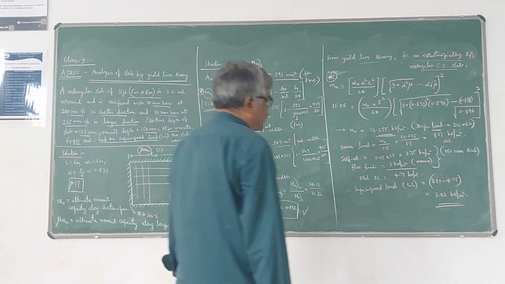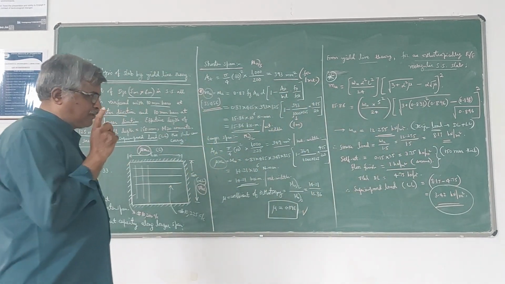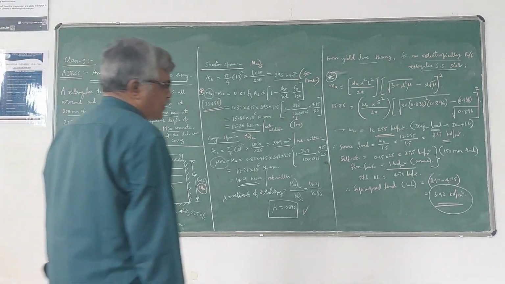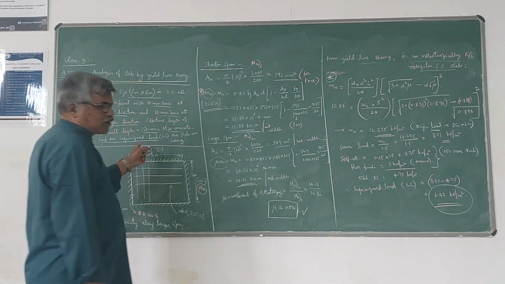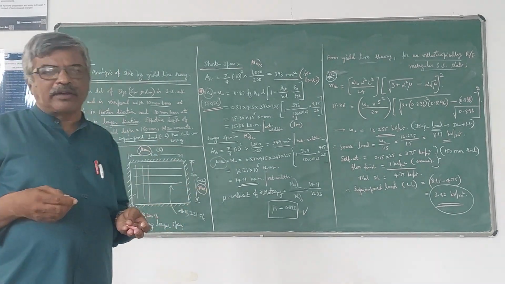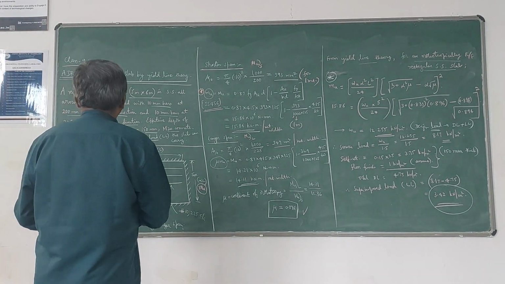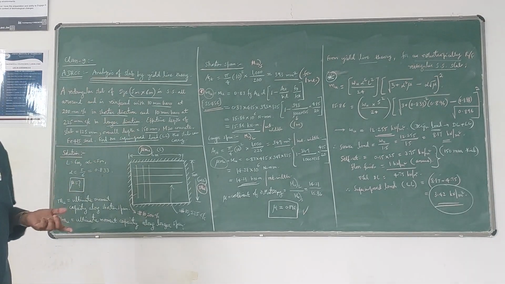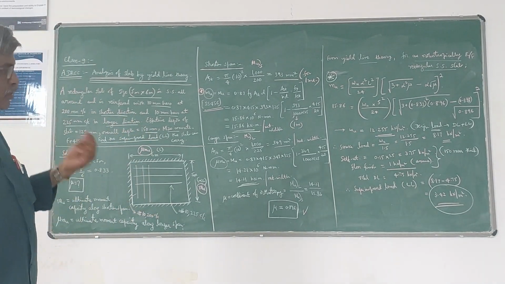That means this slab can take care of this much load as live load. So that is the service live load, the maximum service live load that can be applied on the slab with this type of reinforcement. This is the reverse type of problem where details of reinforcement are given and you are asked to find the load carrying capacity of the slab. Such problems are called analysis problems. So they may give either a design problem or an analysis problem. Both you should be in a position to solve.